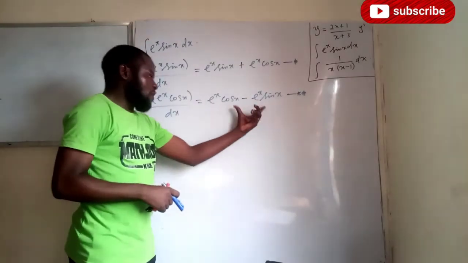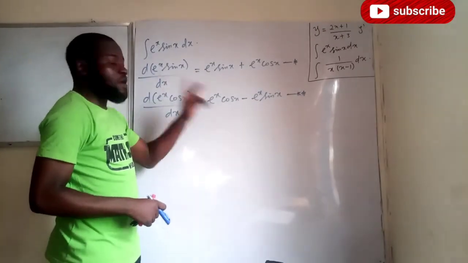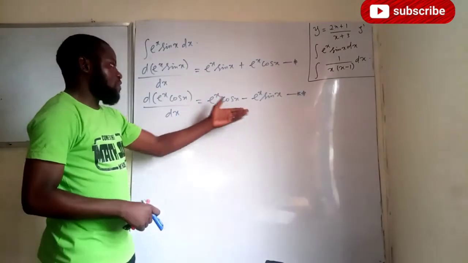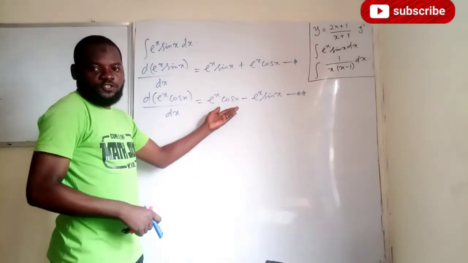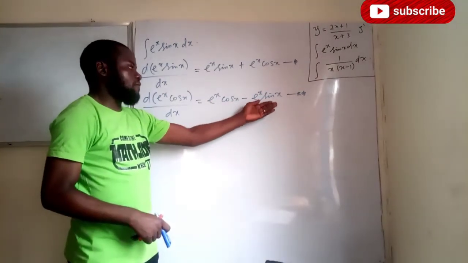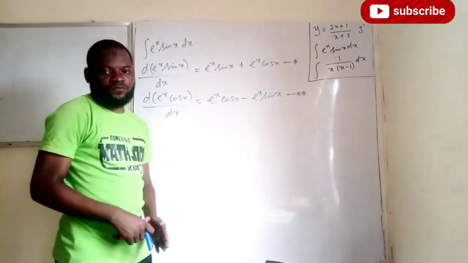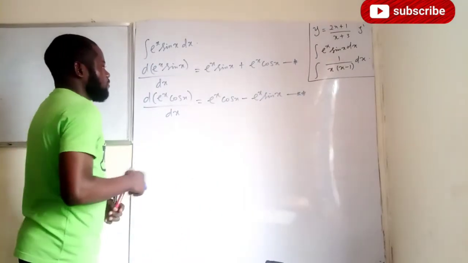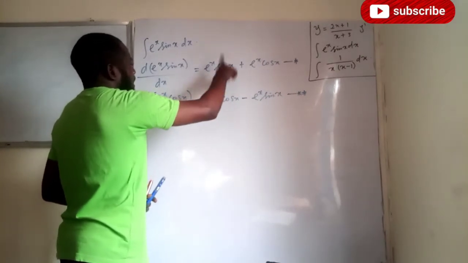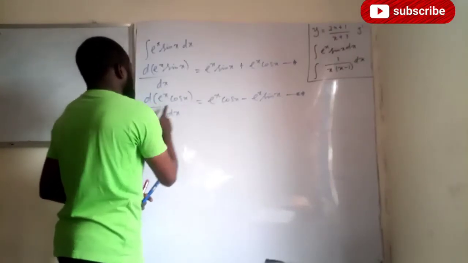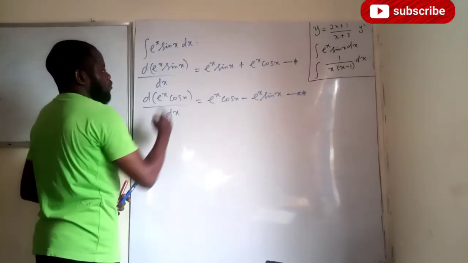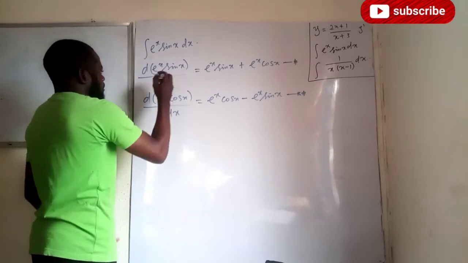Okay guys, this is awesome. Now, remember, we have to integrate e to power of x sine x. So let's try how we can eliminate e to power of x cos x here, so that we can have just e to power of x sine x. Are we together? Are we getting this approach? Good. If I decide to take the difference of equation 1 from equation 2, or equation 2 from 1 rather, I will be having